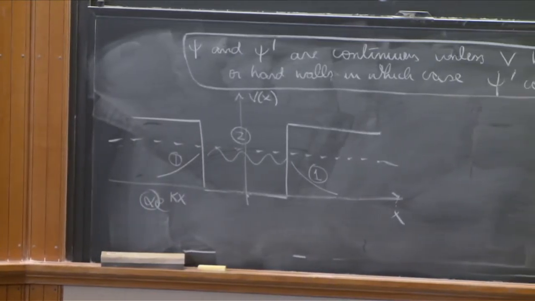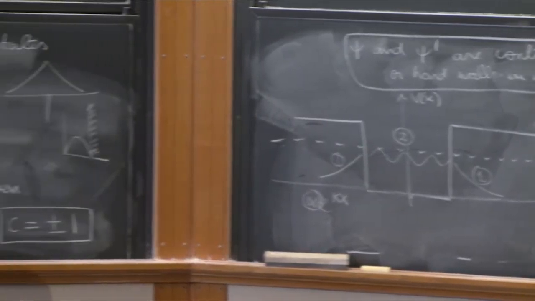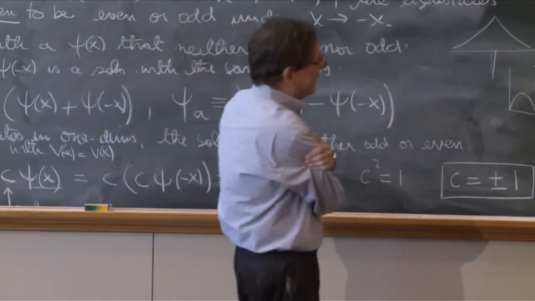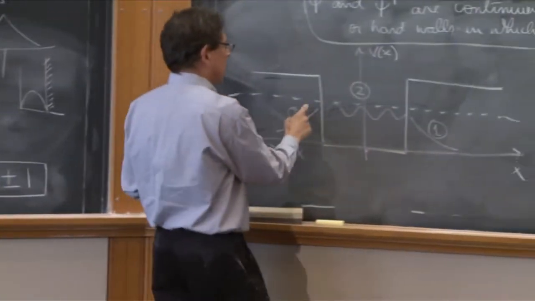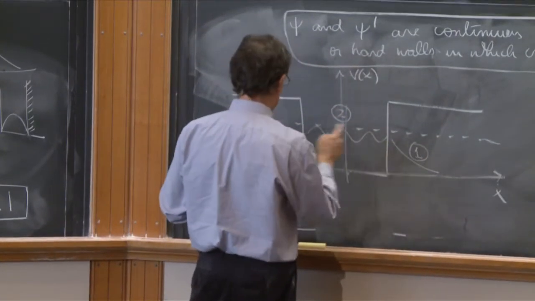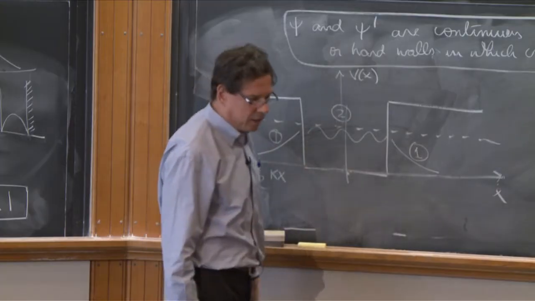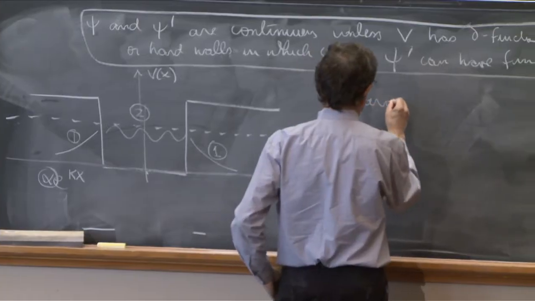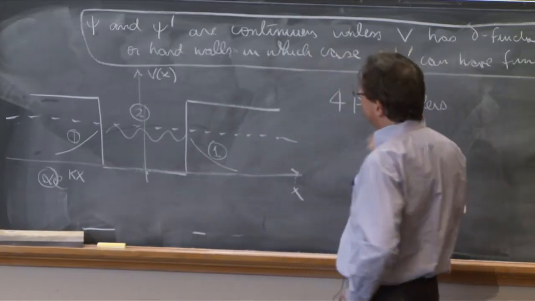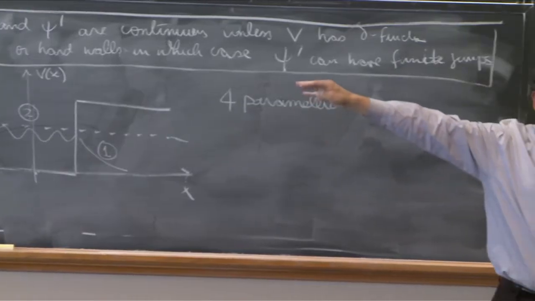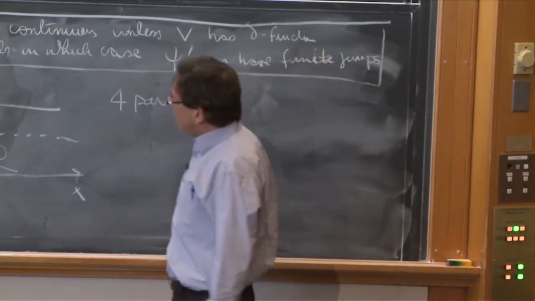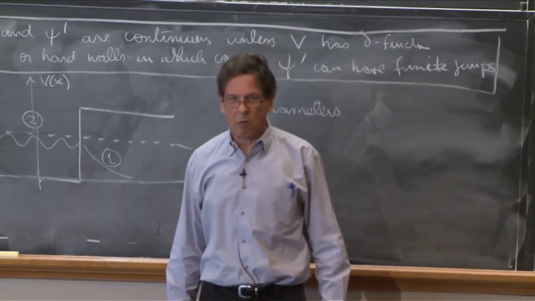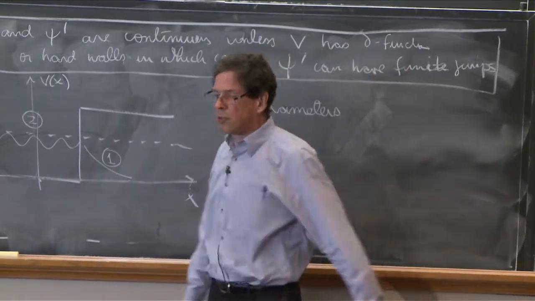Yes? Won't one of the coefficients be unconstrained by normalization? Like, isn't one just a normalization factor? Okay, how about normalization? Indeed, we have 1, 2, and 1, so a total of 4 coefficients, 4 parameters. But suppose you wrote your whole solution. You could say, look, let me divide this solution by 3. That's an equivalent solution. I'm just checking if it solves the Schrodinger equation.